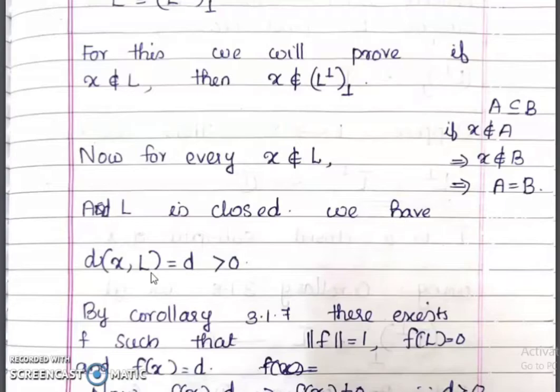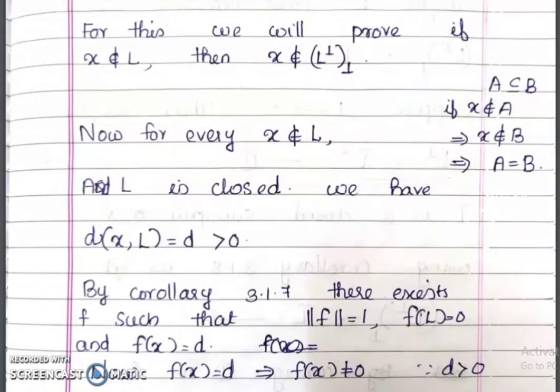We have already proved that. Therefore, for every x, as L is closed, the distance between x and L exists, and that is equal to D. And clearly x not belongs to L. Therefore, this distance is always greater than 0. And by corollary